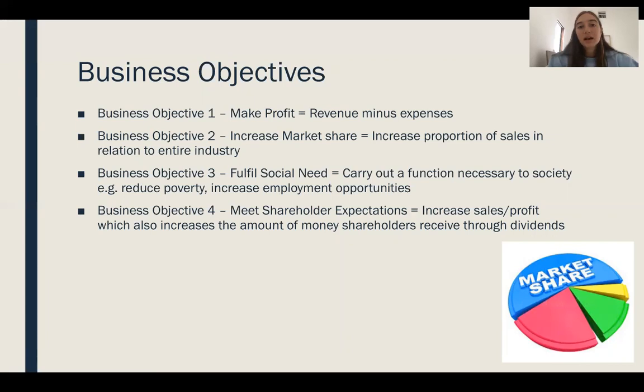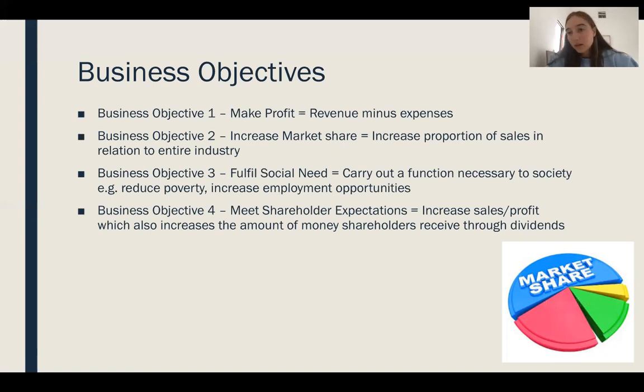The next business objective that you need to know is to increase market share. Market share is essentially the proportion of sales that a business owns or controls in proportion to the entire industry. If you have a look at the diagram down the bottom with the blue, pink, green and yellow pie chart, the business with the blue obviously has the greatest market share in that industry. So let's say this is supermarkets. The blue one might be Coles, the pink one might be Woolworths, the green one might be IGA,